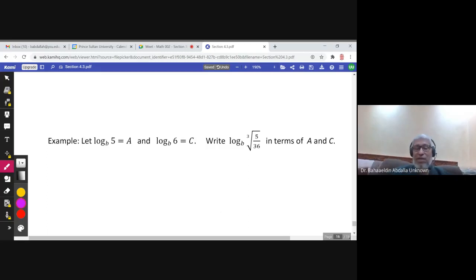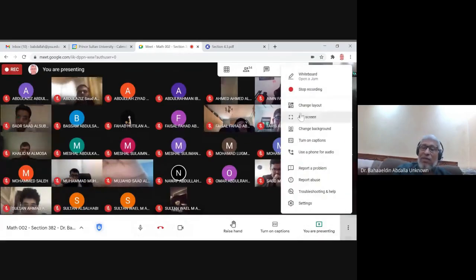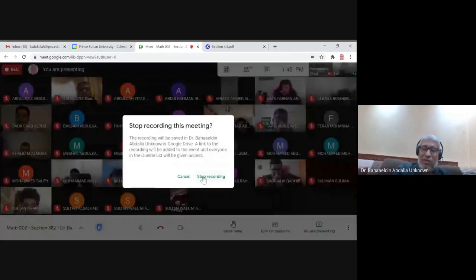I leave this exercise for you. This example, you can solve it as I solved it in the example. I stop here. This is the end of section 4.3. And inshallah, tomorrow we will start the next